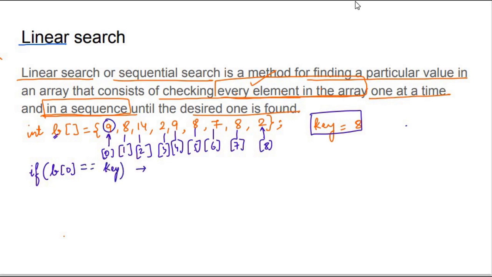Key is 8, so the answer is no. 9 is not equal to 8. Is B1, pointing towards this 8, equal to key? Yes, of course, because key is 8 and the element at B1 is also 8. When this happens, output is printed on the output screen.